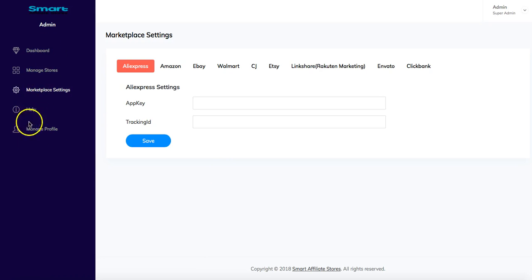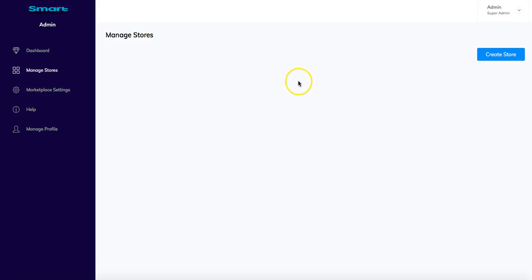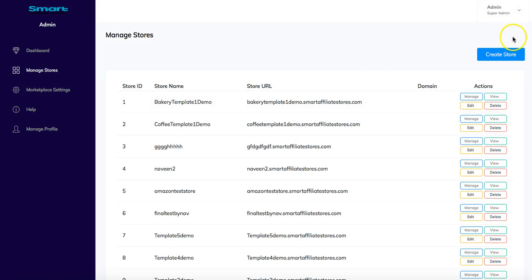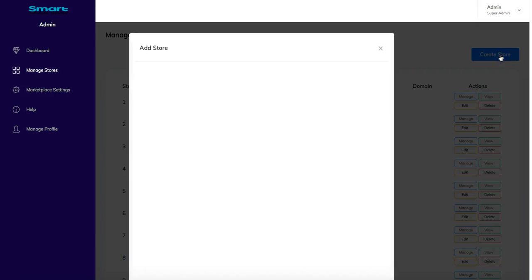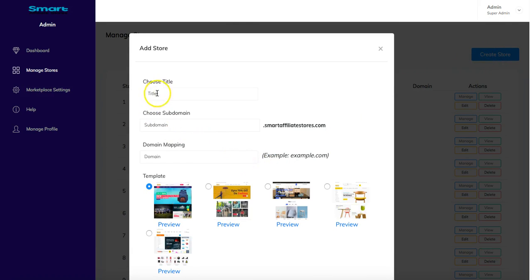Now I spoke about these two already, so let's move on to manage stores. Now this is a place where all your new stores that you create will be showcased. So let me start with creating a store. Once you click on creating a store, you will have this option. So let me give a demo title. Let's say demo